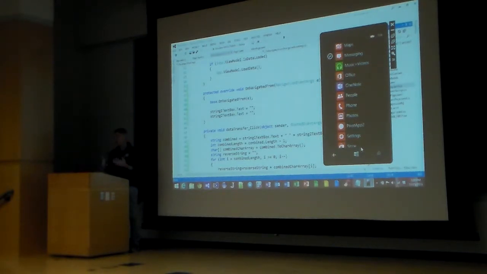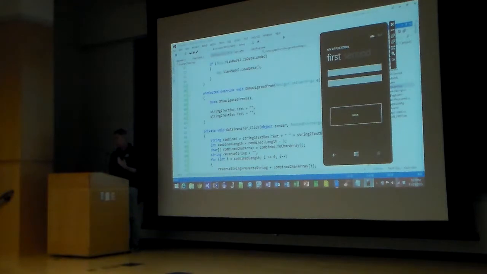Now, one of the things you want to think about when you're publishing your application is the name, for instance. The app that they've been working on up here has a default name, and you can see it show up on the phone as Pivot App 2. So you want to come up with a name that's kind of unique and catchy for the app. You'll also notice there's what we call a tile or an icon, and it's this default sunburst. That's something else you want to think of when you publish. You're not going to publish with a sunburst icon. You're going to publish with some sort of graphic that reflects your particular application. So come up with something that reflects your app,